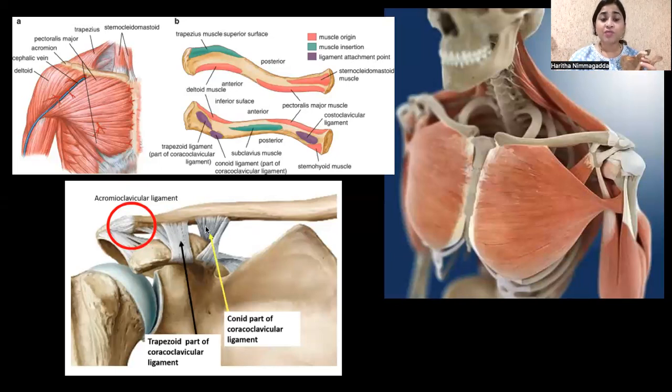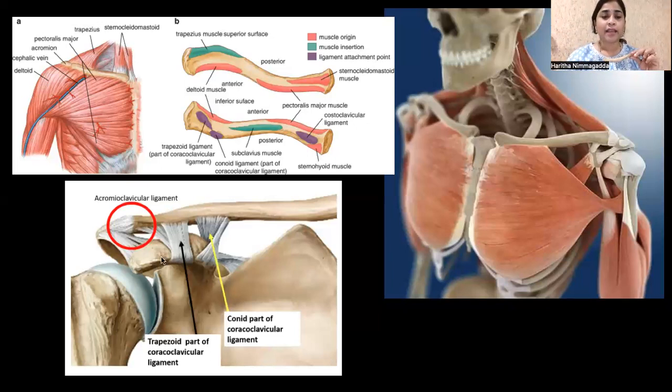Now, these are the two ligaments which we will see on the inferior surface of the lateral end. What are the two ligaments? See here, coracoclavicular ligament. That means from the coracoid process, there is a ligament which is going to the undersurface, from coracoid process to the conoid tubercle. There is conoid tubercle. I told you, right? There is a tubercle below the clavicle on the posterior aspect. You can see an elevation here. This is called conoid tubercle. So to that conoid tubercle, we will see attachment of